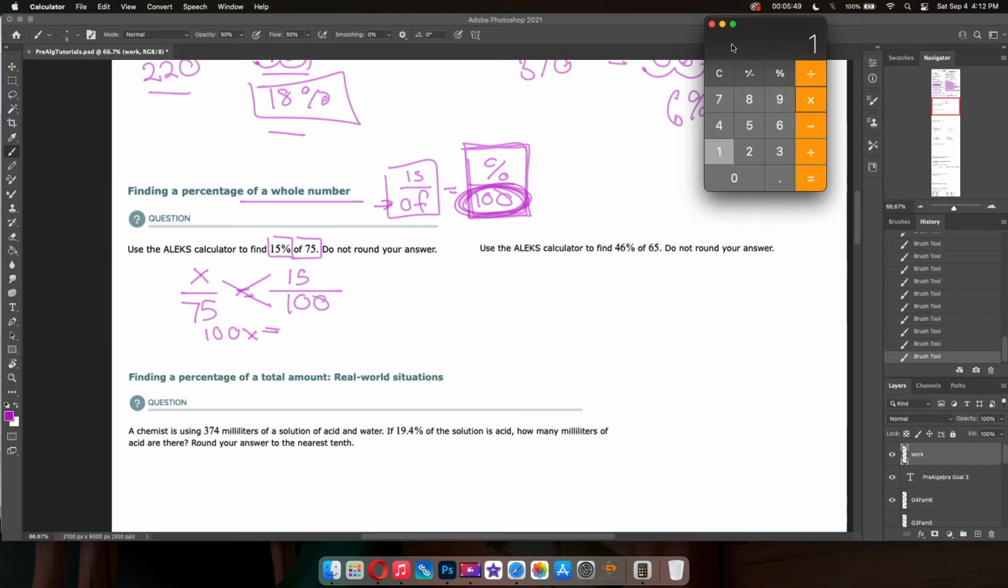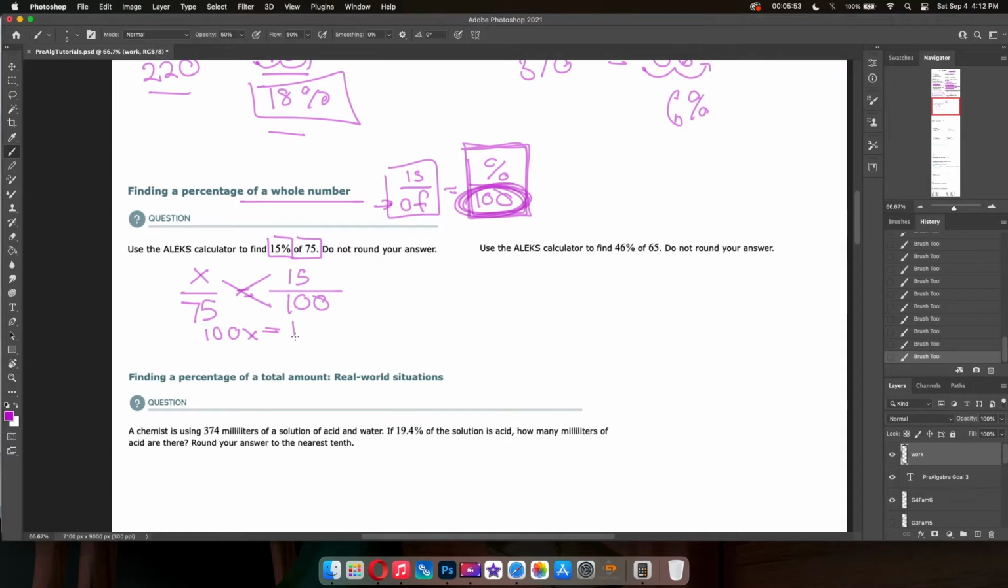75 times 15, enter, is 1125. Divide by 100, divide by 100, and again, I know what that means. I'm just moving the decimal over 2 places to get 11.25%. I'm worried that I went through all of that and I did it a little bit too fast, because